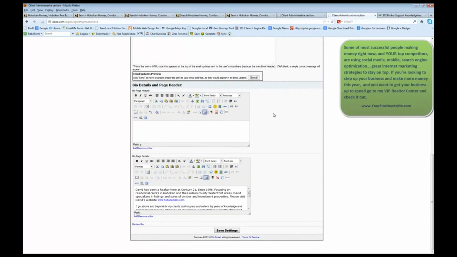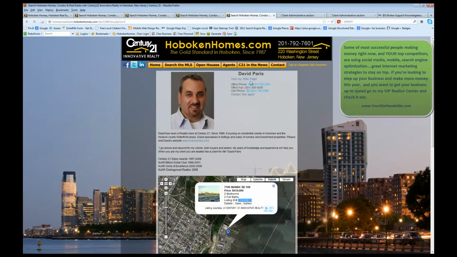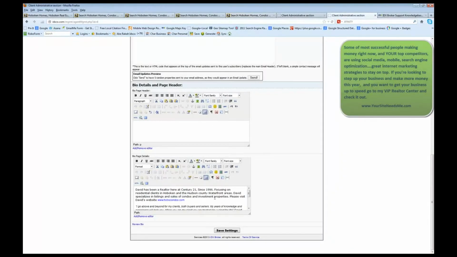On your website, you also have some special information that you can add in. You can add in your own bio and information about yourself right in here. It's really nice to do so that when somebody does come to your site, they can view information about you, and that's where it's going to show up. And if you know any HTML, you can use that in there. If not, this is a WYSIWYG editor. It works just like a Word document. You can type whatever you want to type in here